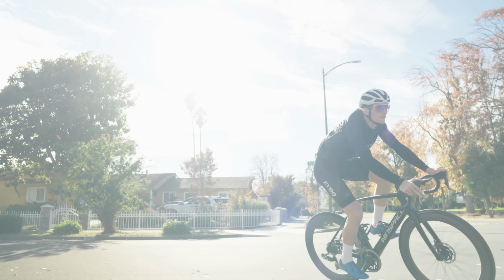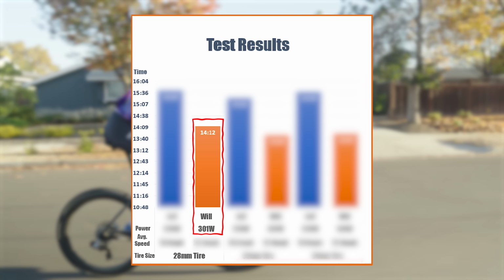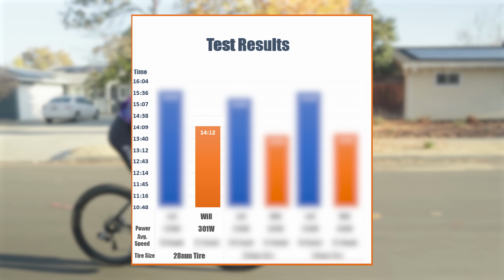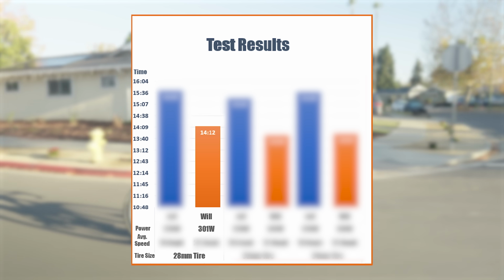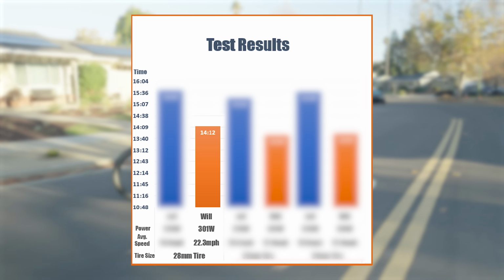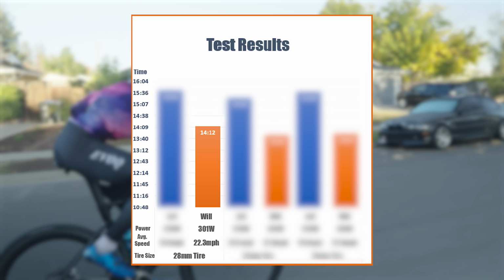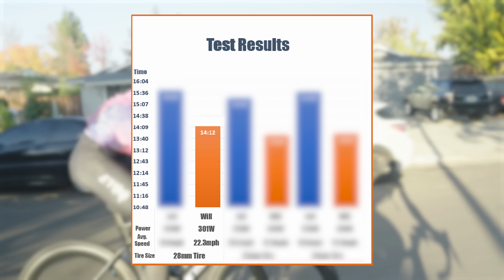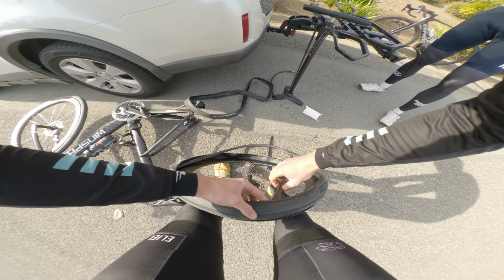Yeah, just felt like home. My results were 14 minutes and 12 seconds, 301 watts, 28 millimeter tires. That is about 22.3 miles an hour. I looked at the cheat sheet I had in front. 22.3 miles an hour. Now we put on the 32s, and I don't know about you, but mine exploded with